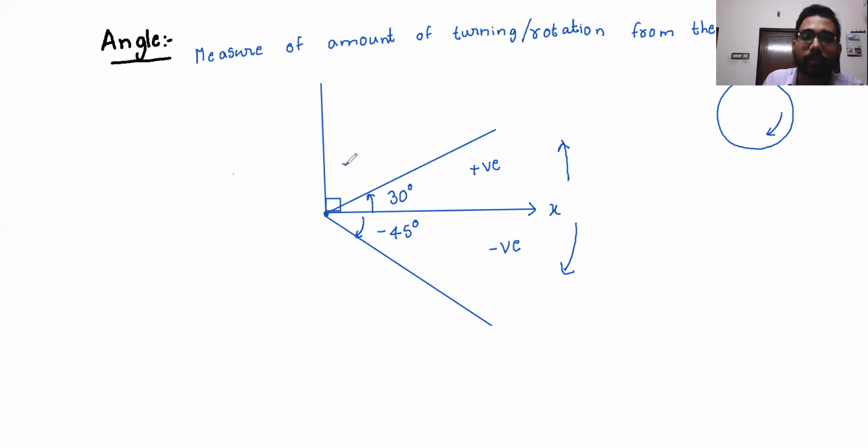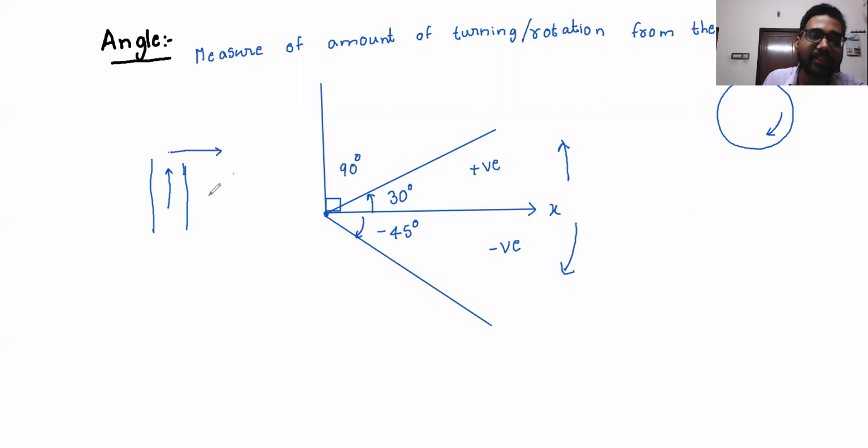So this is going to be 90 degrees. So that's all. Why right angle? Suppose if I tell you to take a right turn, then we will take 90 degrees, right? Suppose you are moving on a road like this. If I tell you to take a right turn, what would you do? You would take a 90 degrees turn like this, right? So right turn or left turn. So people started using it as right angle.